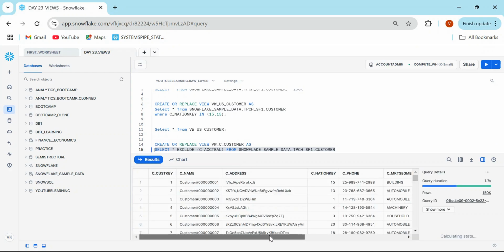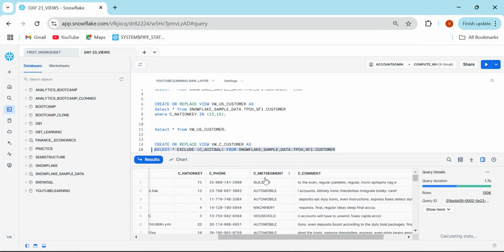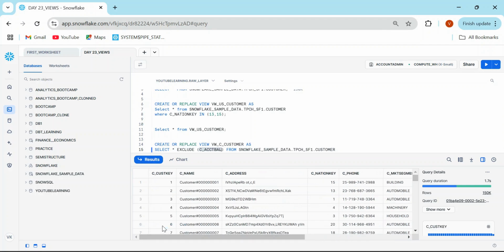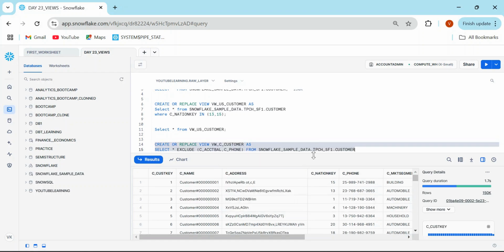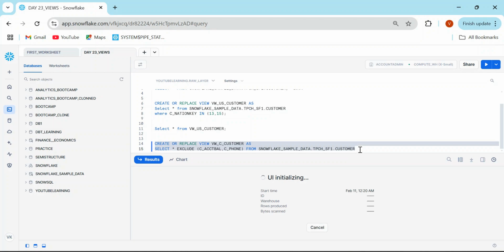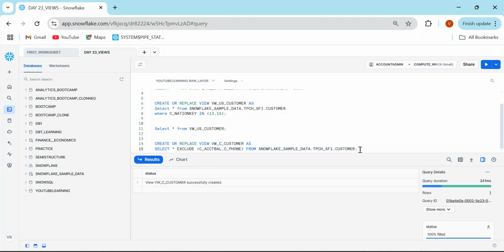And you can see after this nation key, we have phone, market segment, comment, but we do not have the account balance, because this is something I do not want to expose. And after this account balance, the phone number is also very sensitive information, suppose, and I'm asking if we can hide it. Now I'm going to run this, and this is how another view will be created,